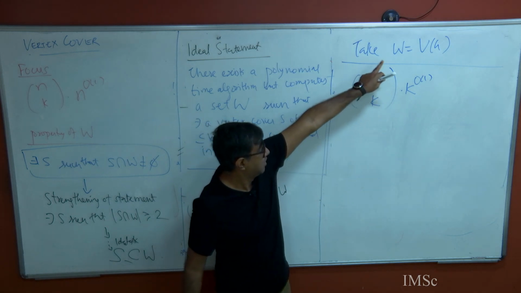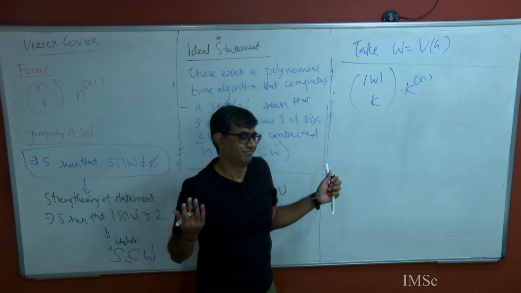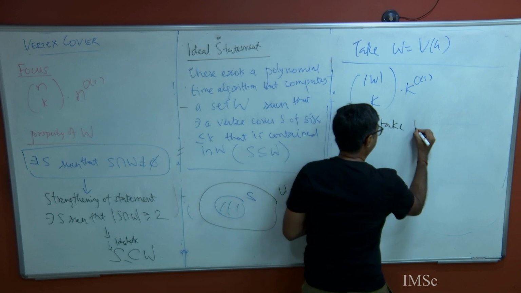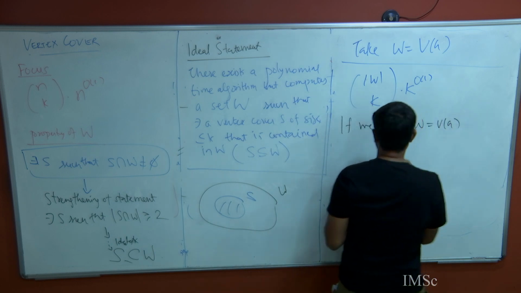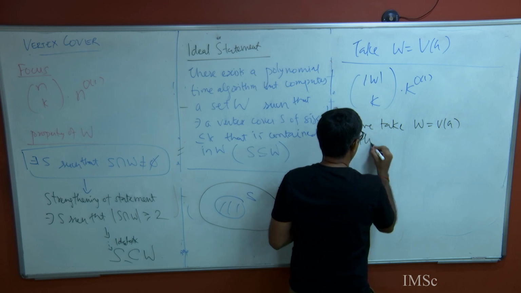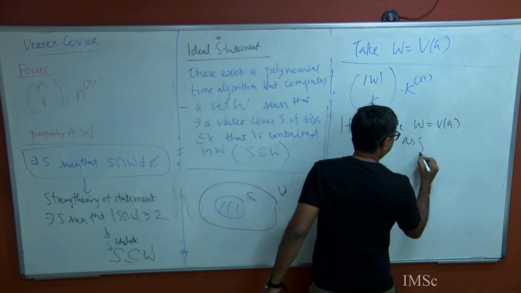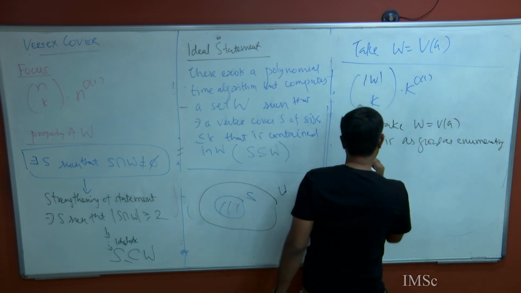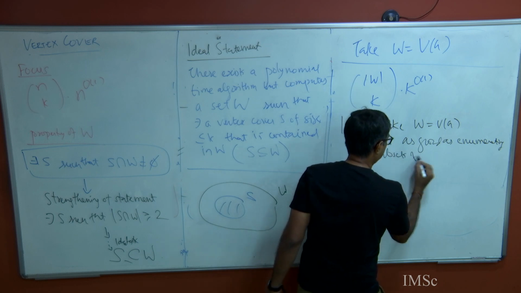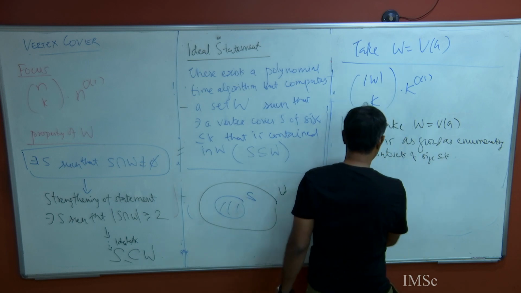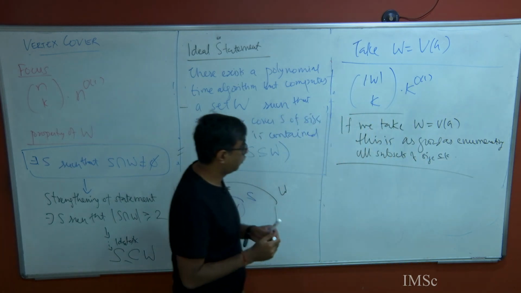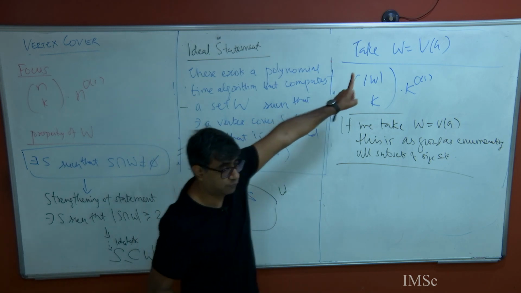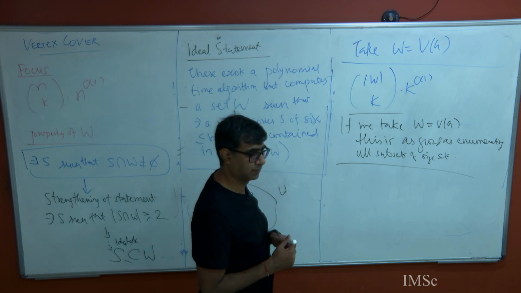Okay. But W equal to Vg does not give us an algorithm, right? If we take W equal to Vg, this is as good as enumerating all subsets, right. Okay. So, at least the moment some statement is true, what are some basic questions to ask? This statement is true for W equal to Vg. Okay. Now, you ask yourself,